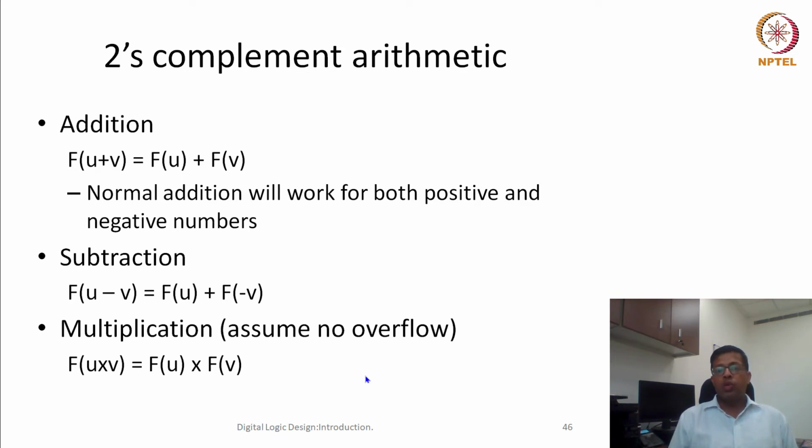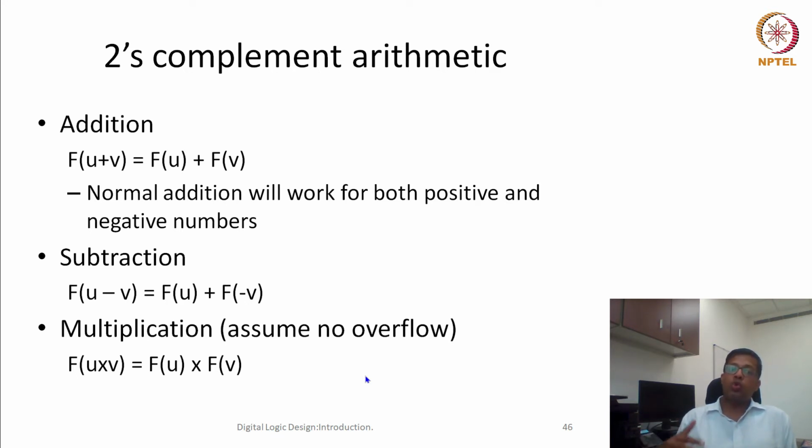So if I want to add two numbers, I can take 2's complement of these numbers, which can be represented in 2's complement notation, and addition of those numbers using binary arithmetic will give me correct results. Although one of the numbers could be positive and one negative, or both could be positive, or both could be negative, it always gives me the correct result using the simple binary addition method.